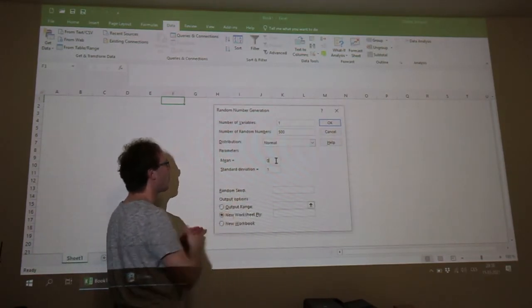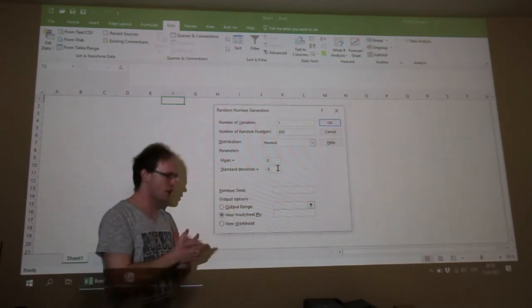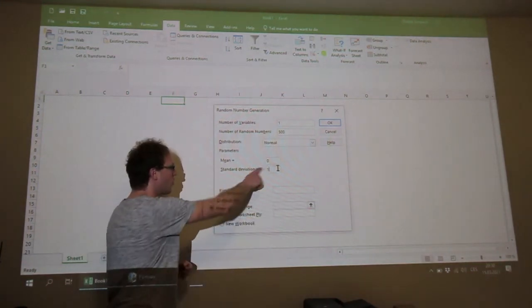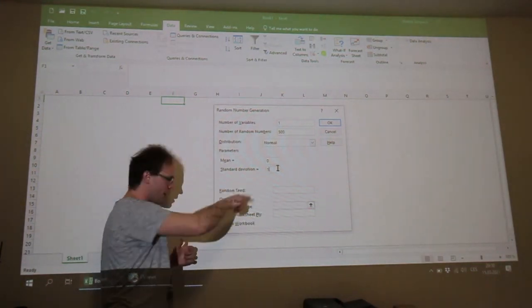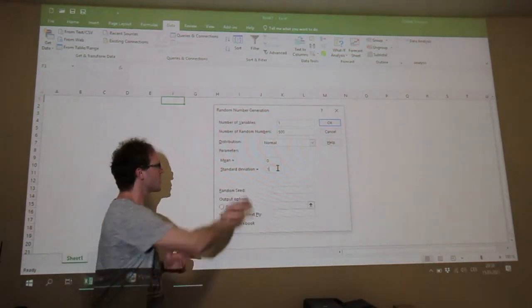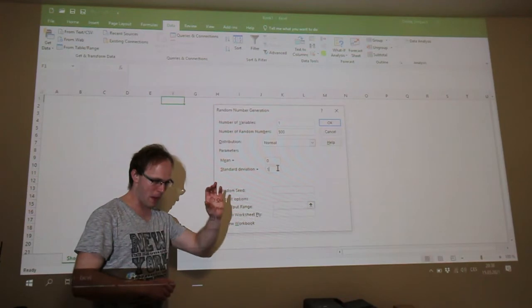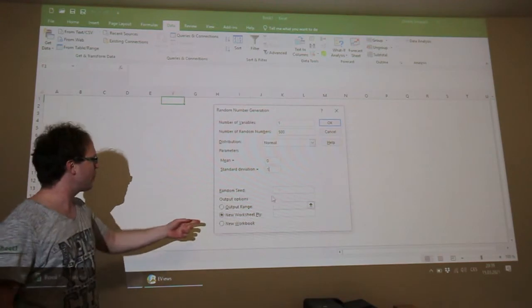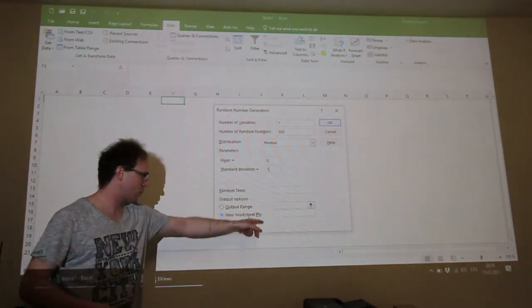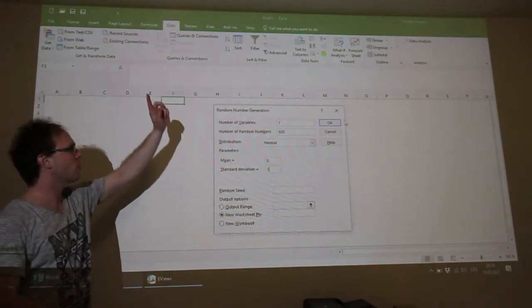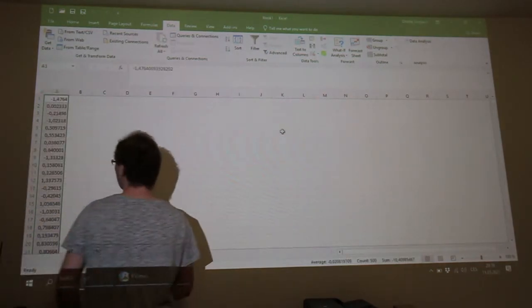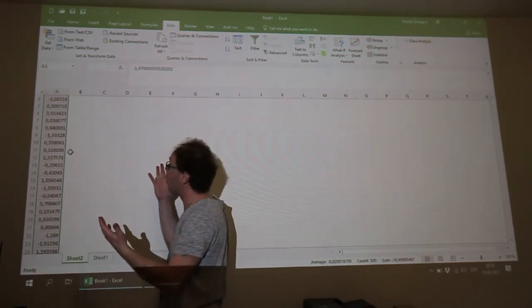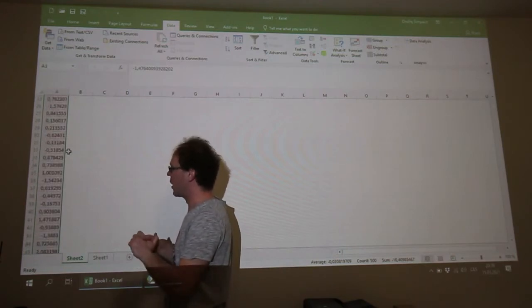If we set 0 mean and standard deviation equal to 1, it means that the variance sigma squared will also be equal to 1, because 1 squared is equal to 1. So this will be standardized normal distribution. Output will be generated, for example, on new worksheet. Yeah, so we can click on OK button,